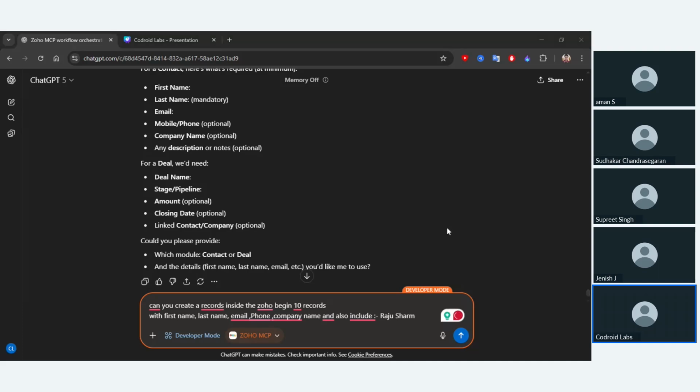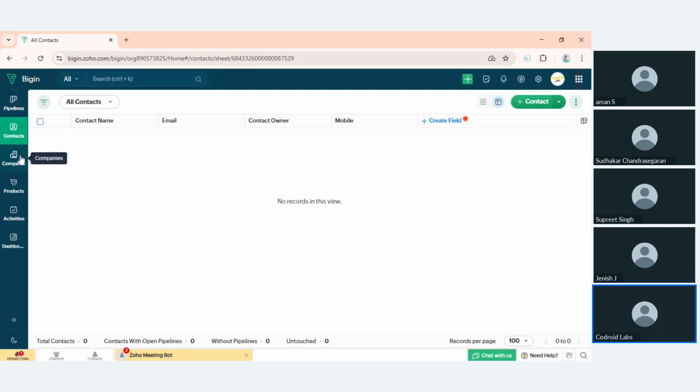I will also show you my Bigin. Currently right now, I don't have any records inside my Zoho Bigin. I will also share my screen. If you see my Zoho Bigin, currently I don't have any contacts.